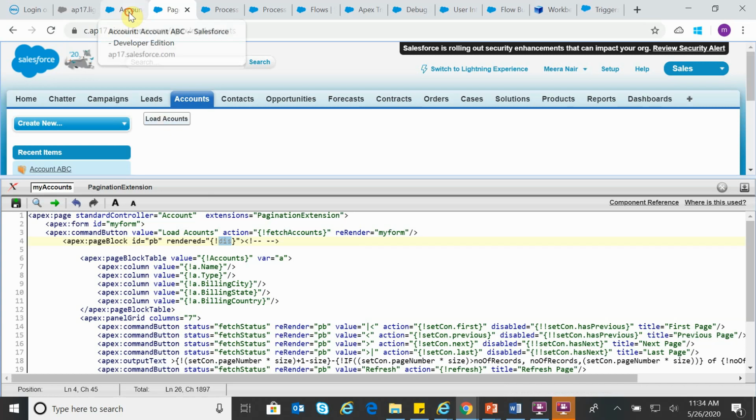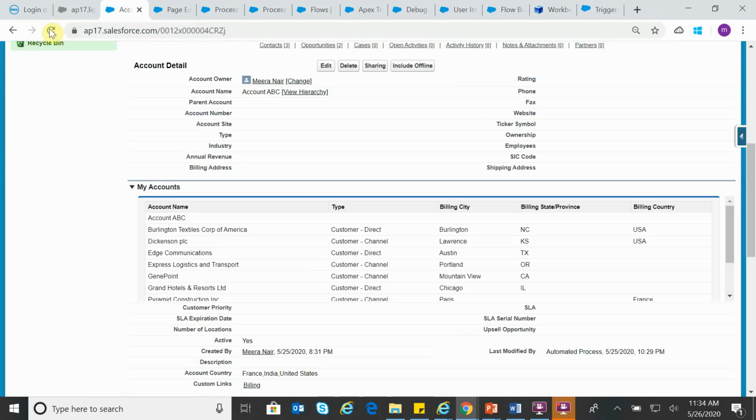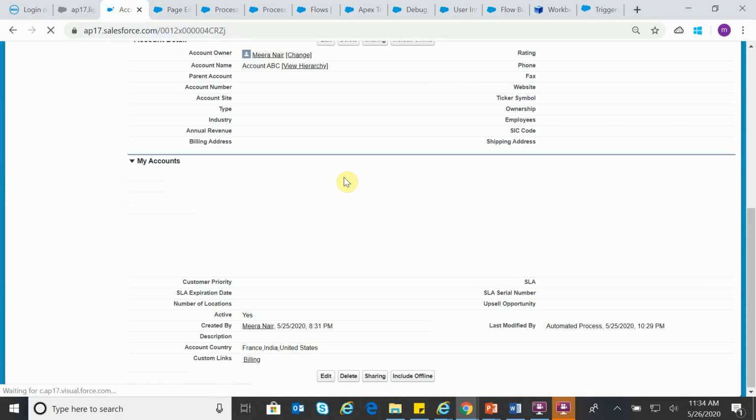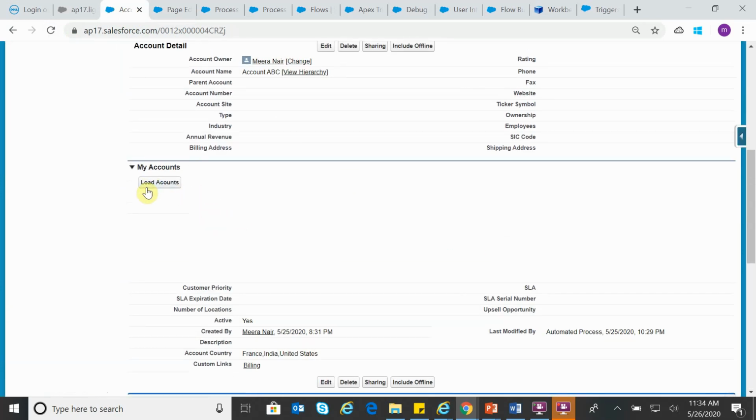Okay. Now let us go back to this particular page and refresh it, and you can see only this load account button is coming here. Now let us track the performance.